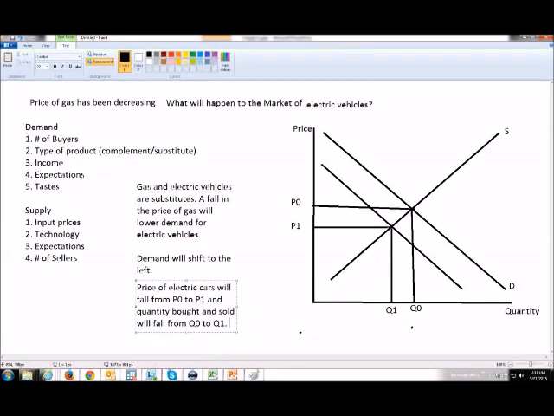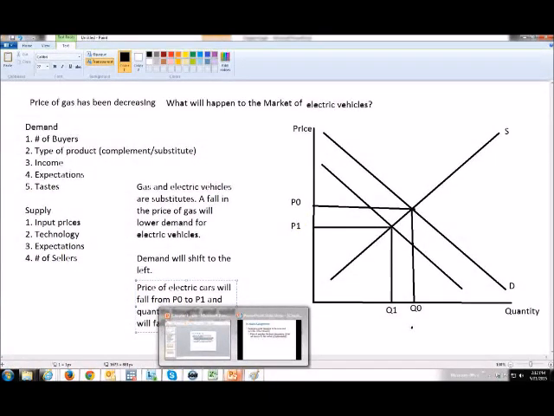And that's how we answer these questions. So same way, if we come up with another scenario, we'll answer it the same way. If you want more practice, I'll put up some questions at the end of this chapter and you can try them. And that will help you understand what's going on. So the method is just the same. List the factors affecting demand and supply, and then figure out which one is causing the change. And then just draw it on the graph and see how that affects price and quantity. Okay? Well, hope this helps, and keep on practicing. And then if you have any questions or